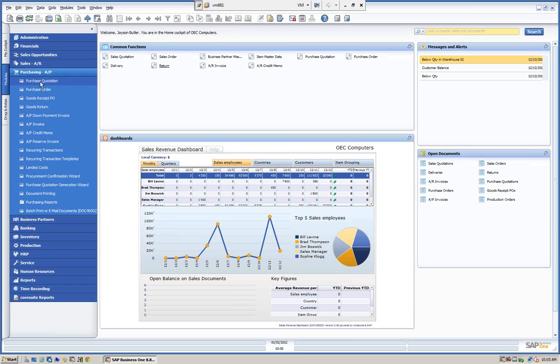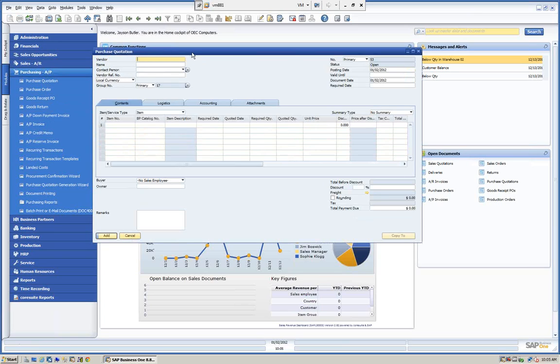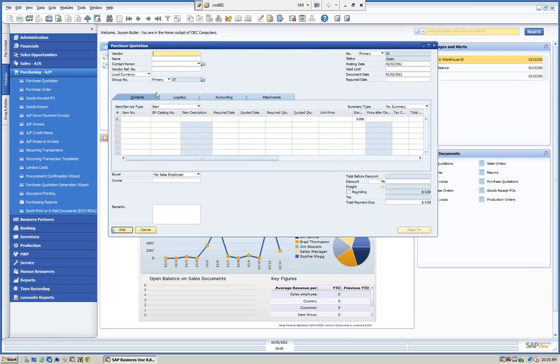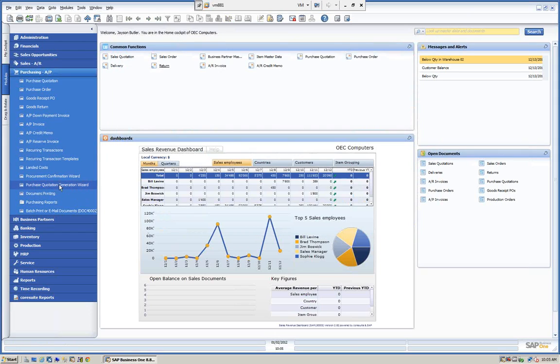There's a couple of ways of doing the purchase quote. We can do it here as a manual purchase quote. So we can start here. We can select our vendor and add our items as we do with other marketing documents. We can do it through the generation wizard, which we'll see later in this presentation. We can also do it from the sales. So we're going to start with the sales,